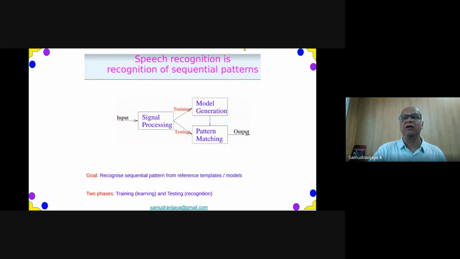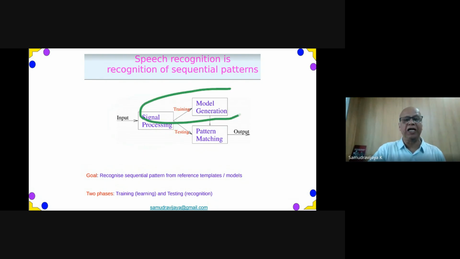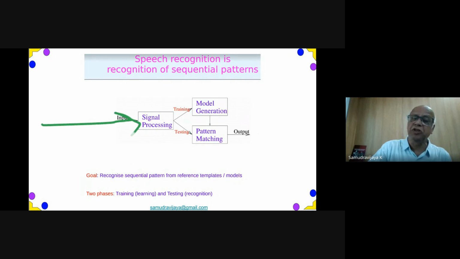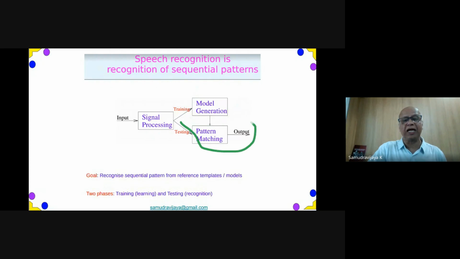So the ASR, there are three modules. One is extracting features that will be useful to recognize different speech sounds, and using the labeled speech data, train the models. That is the training phase. And when a person speaks some speech, the system doesn't know what text it is, but it has the models which are trained to recognize different speech sounds. So at that point, it uses the trained models to output the text that was spoken by the people.